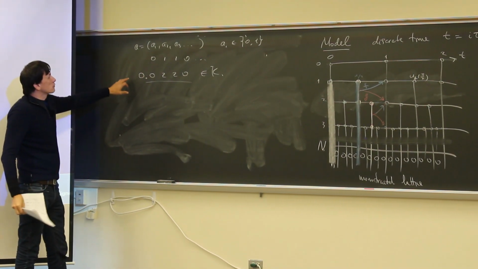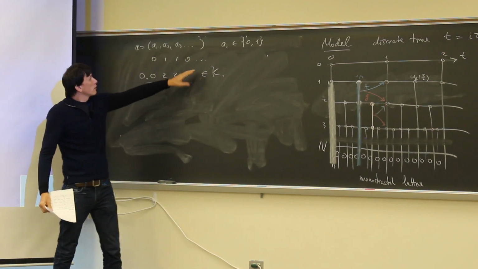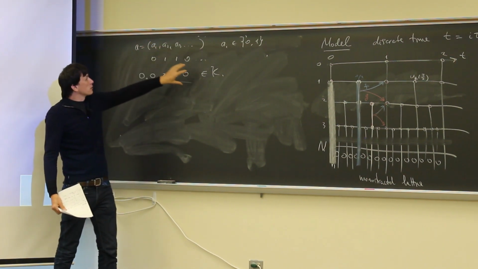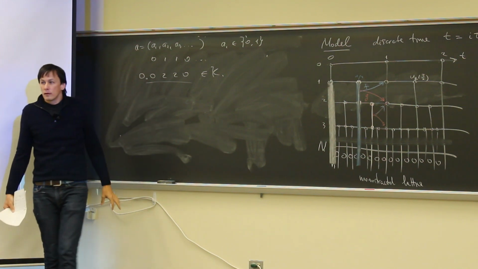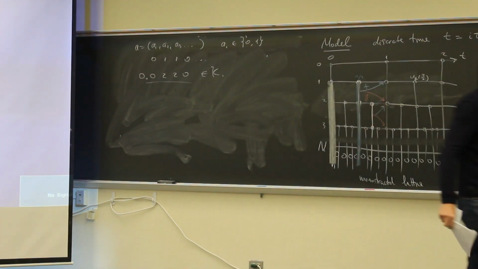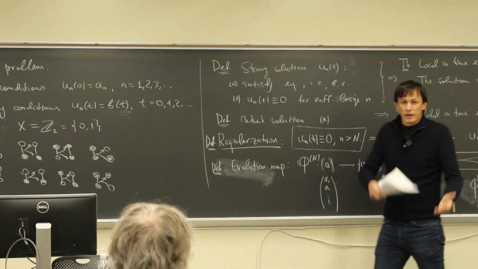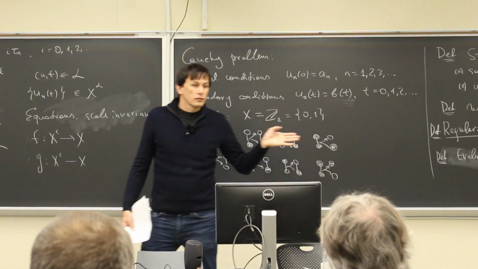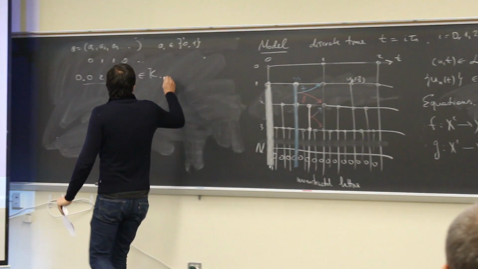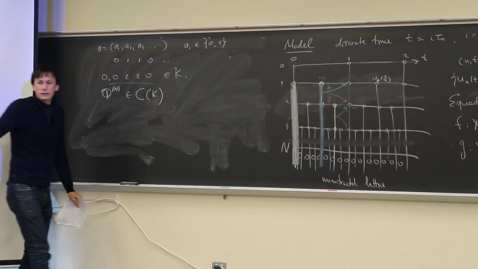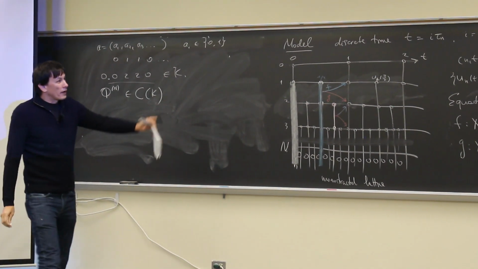The convenience of the Cantor set is that it also brings the metric. It's the same metric. So by considering this point on a Cantor set, we just preserve all the topological properties. So for any function of this type that we consider, including the evolution map, it's just a map from Cantor set to Cantor set, and it's actually a continuous map. So Cn is a continuous map from Cantor set to Cantor set. And now I can write this relation.